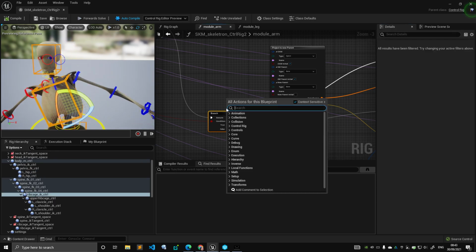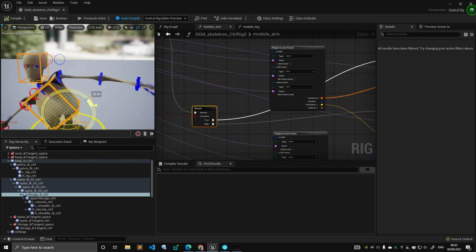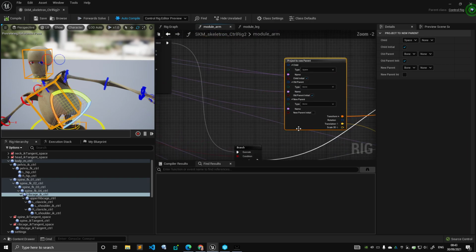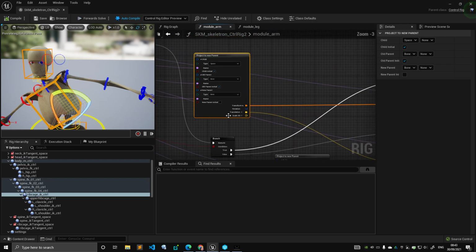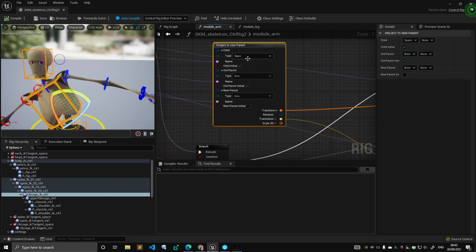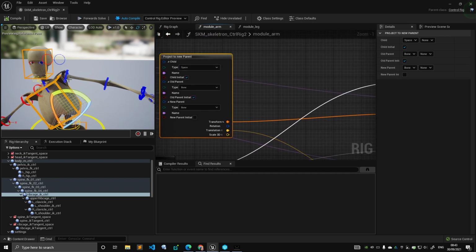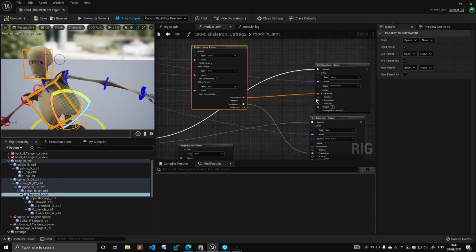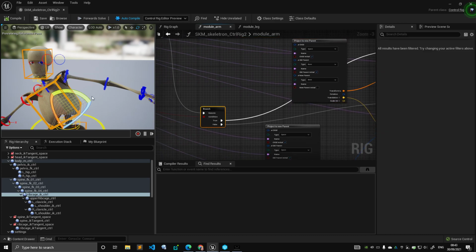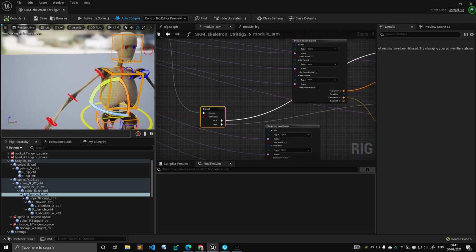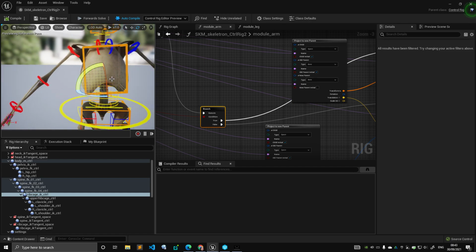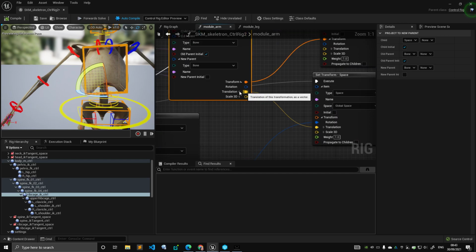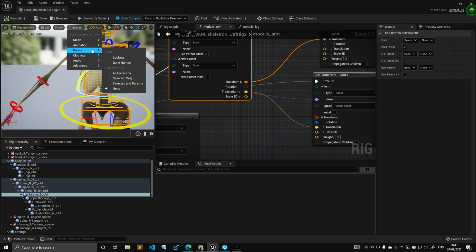I get this behavior. If this branch is true, I get this behavior because my clavicle space, my clavicle bone is moving the space of the FK both in translation and rotation, by using the transform. If this branch is false, I get the one that we have on the right side, where the translation is taken by the bone, the clavicle bone, and maybe it helps if I show the bones,